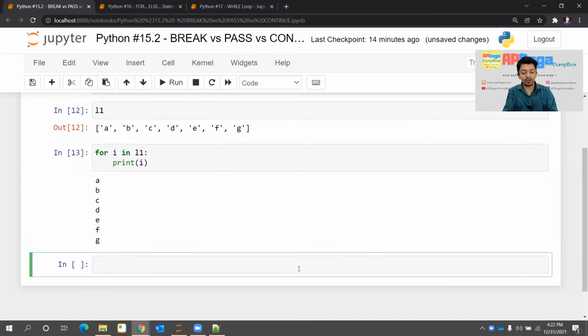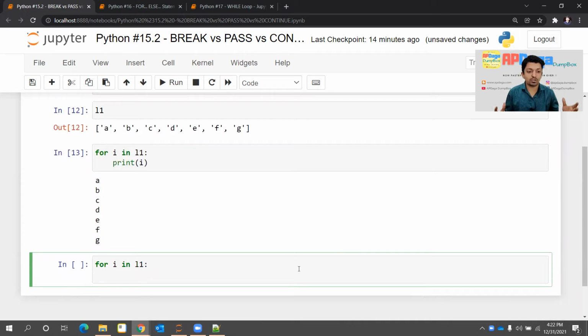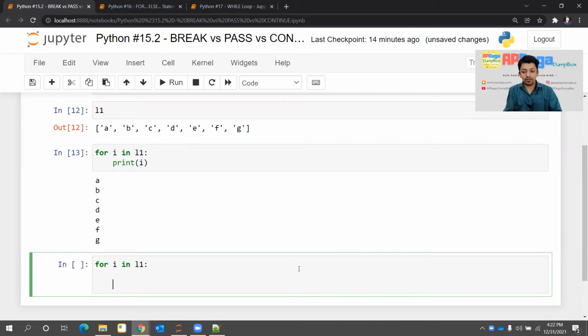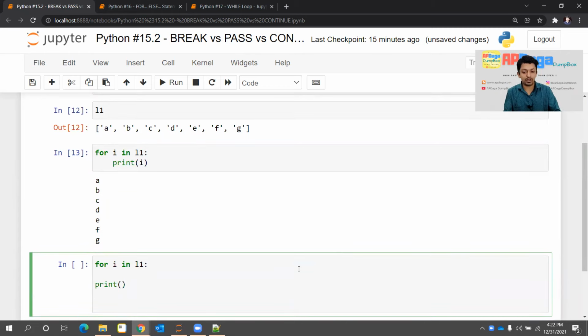Now let's say I want to write a for loop, for I in L1, and I have some complex logic to write within that. I haven't yet decided, and I need to write many more lines of code after the for loop. So for timing, let's say I want to write something like this and print this and that below this, right?